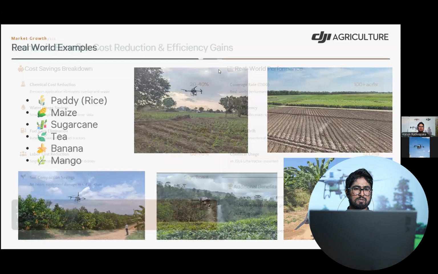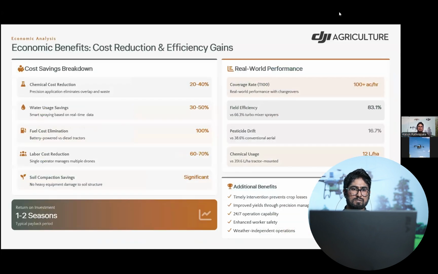Okay, now we'll move into the economic benefits and cost comparisons. We can reduce our chemical cost by around 20 to 40% while we apply precision applications and eliminate overlap and waste.